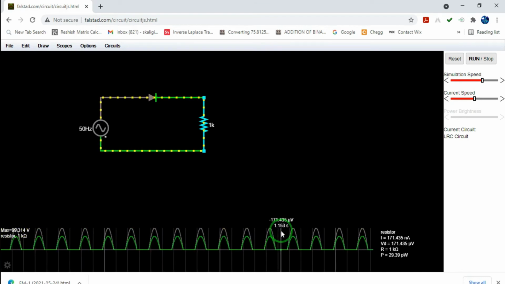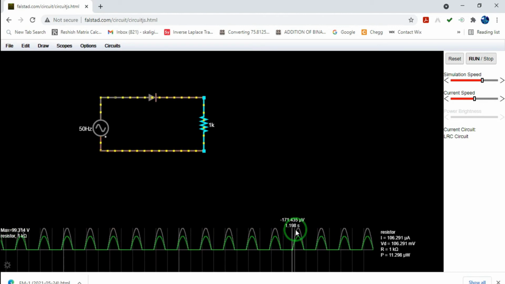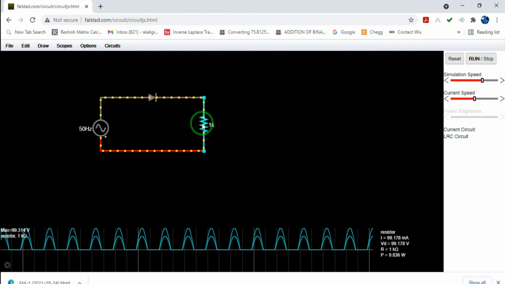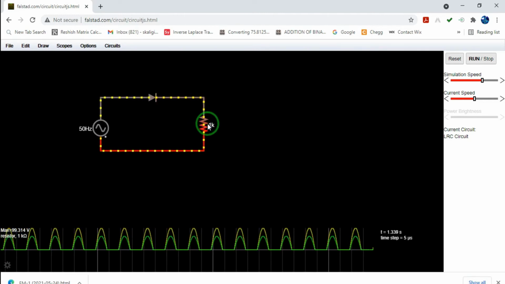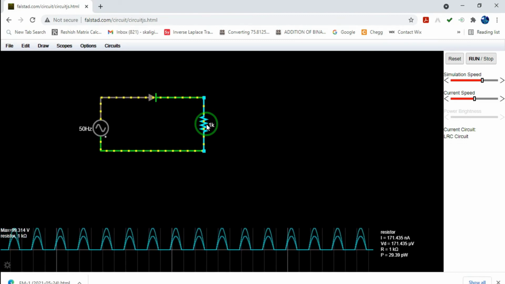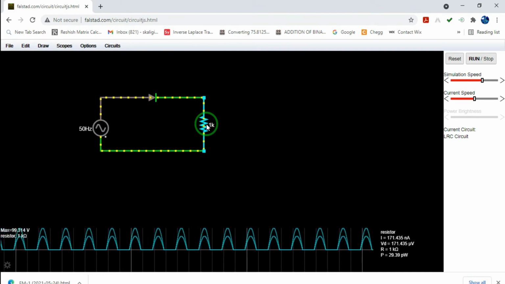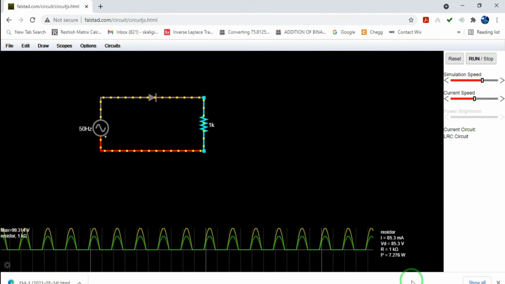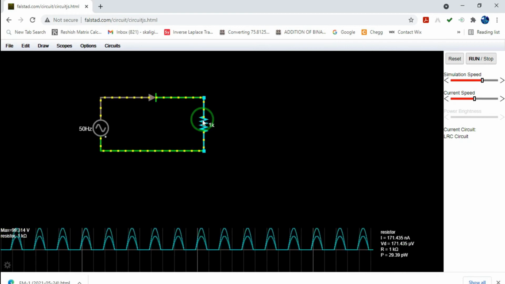If you want to note down the values of the current and voltage passing through the resistor, you can check on the right side. So this is the resistor on the right side. When you go to the resistor, it shows the voltage difference, resistor value, power dissipating in the resistor, and current flowing through the resistor. If you want the full details, this section shows the values of the element.